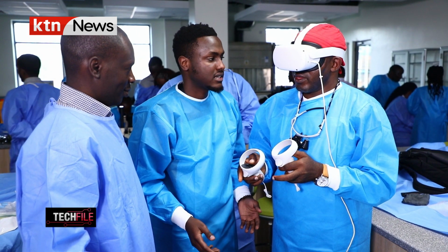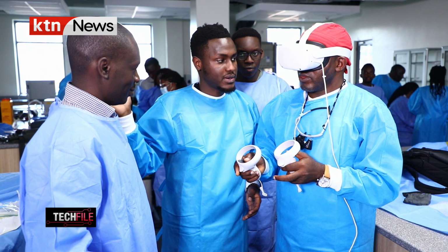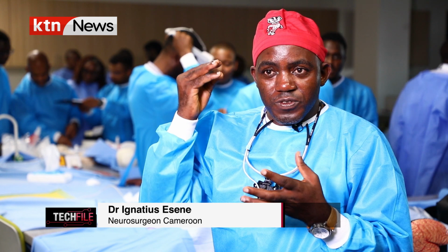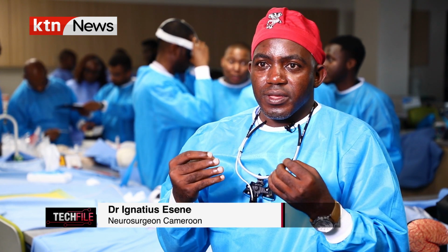Well, there are so many models, okay? One of them is to illustrate the anatomy of the brain. The other one is to show you the different routes which the surgeon has to use to get to different pathologies inside the brain. So for the first model, which shows you the structure, that's the anatomy of the brain,